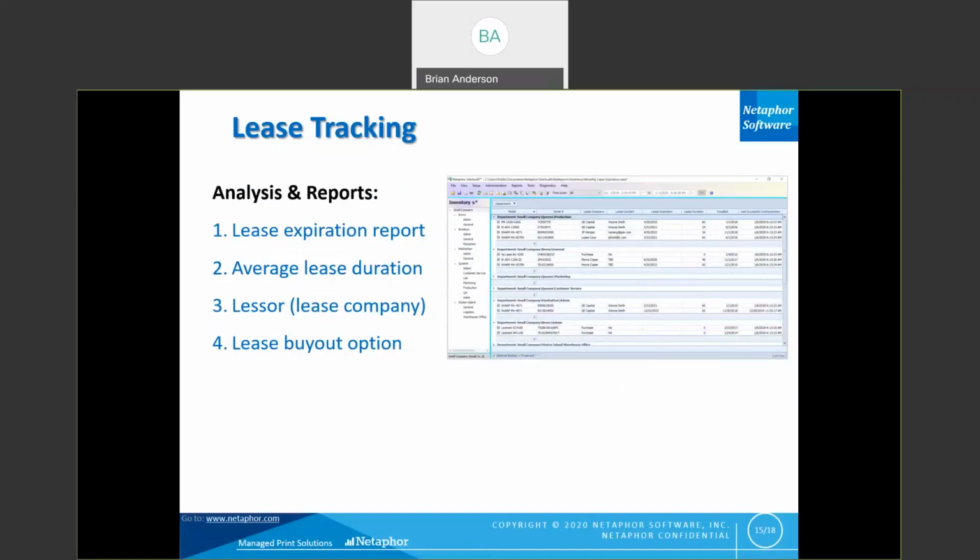The subject of this video is using custom fields to add lease tracking. Custom fields are a part of the asset tool. The asset tool is new in SiteAudit 7 and hosted 7. So what we'll do in this video is give an actual application of using custom fields, and the application